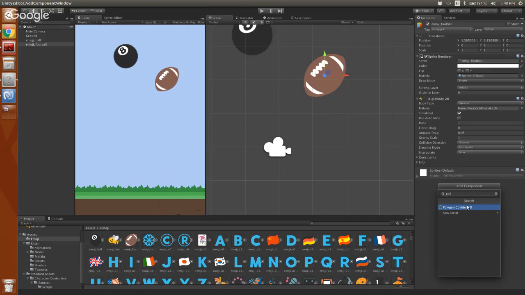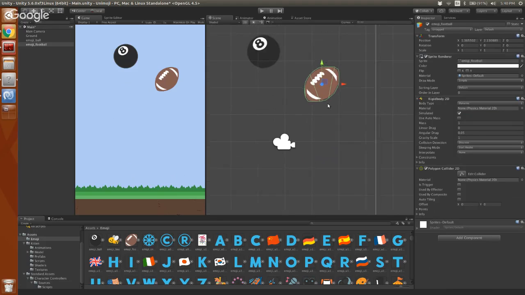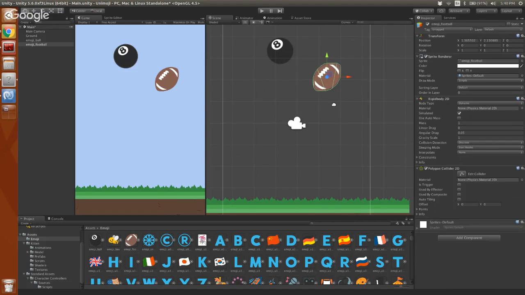So if we say polygon collider 2D, it magically looks at that football and creates a very unique shape that matches the football as closely as it can. My mind is now blown. That's right, pretty cool. And does that automatically? You didn't even have to adjust it or anything. It just knew the shape. Yep, it just looked at the image and said, hey, this is where the image is. You probably want this shape collider.